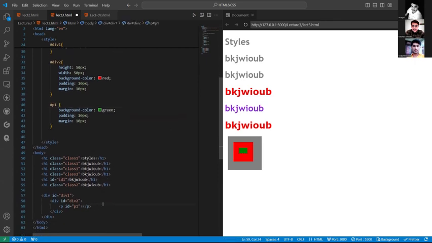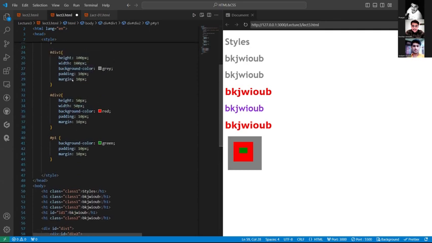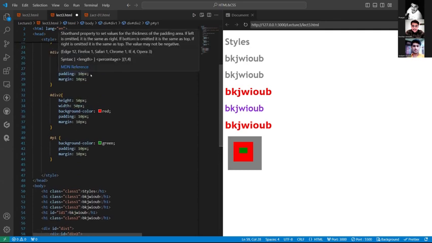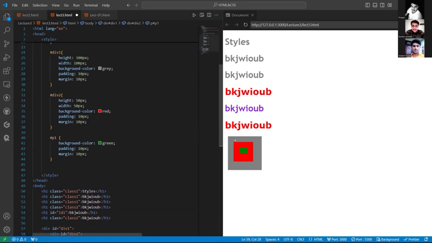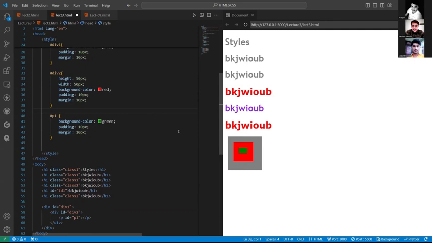पे ये पर्टिकुलर चीज लिखने की जरूरत भी नहीं है। तो देखो, पैडिंग का मतलब ये था कि इसके अंदर का जो चाइल्ड है उससे इसको 10 पिक्सल दूर हो जाना। तो ये देखो, ये 10 पिक्सल दूर हो गया। और मार्जिन का मतलब, बॉडी से दूर हो जाना। तो ये देखो, ये बॉडी से भी दूर हो गया। अगर मैं इसको यहाँ पे कमेंट आउट कर देता हूँ तो ये देखो, ये शिफ्ट हो गया। और जैसे मैं कमेंट हटा देता हूँ तो ये फिर से राइट हैंड साइड शिफ्ट हो जा रहा है। तो यही हम लोगों का मेन डिफरेंस होता है पैडिंग और मार्जिन के बीच में।